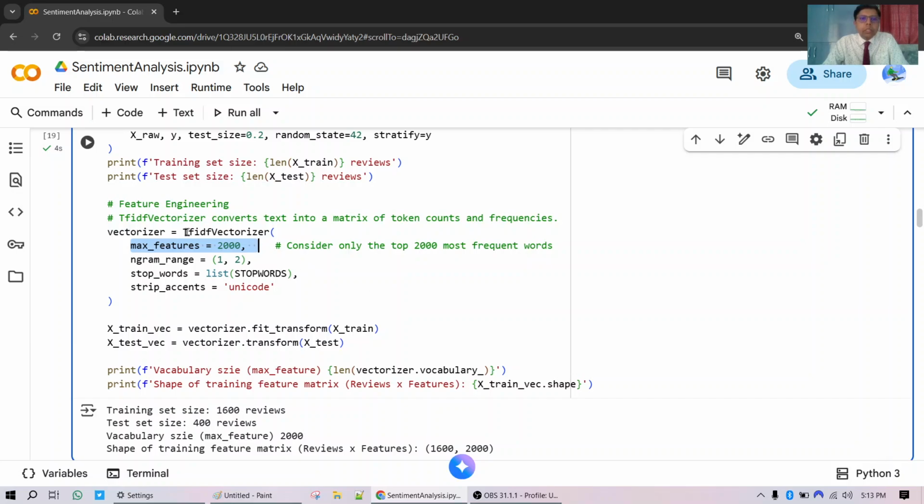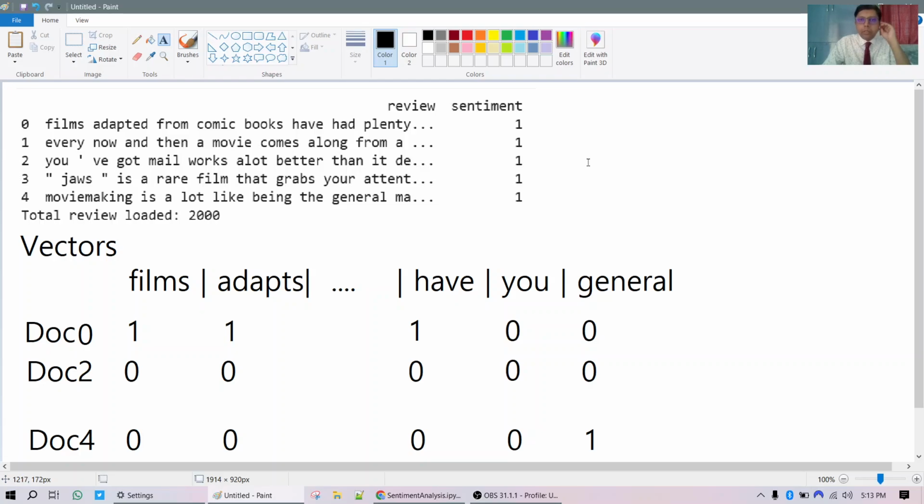So we are using the TF-IDF vectorizer. You know how the TF-IDF score is calculated. Just in case, one review is nothing but a document. A document has the label 0 or 1: 1 for positive sentiment, 0 for negative sentiment. So these are the reviews. And how it will be calculated: it will prepare a vector for each word across all documents,